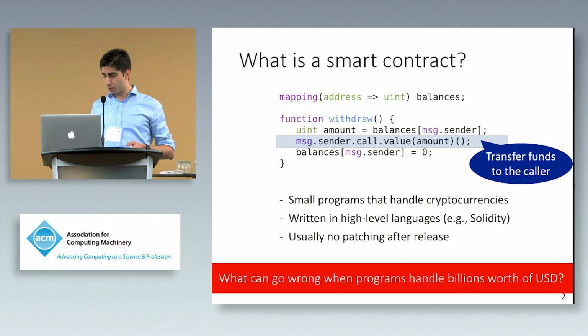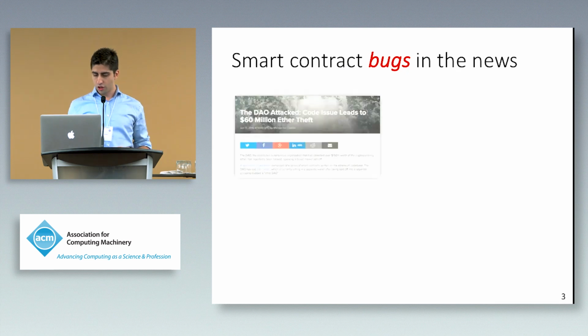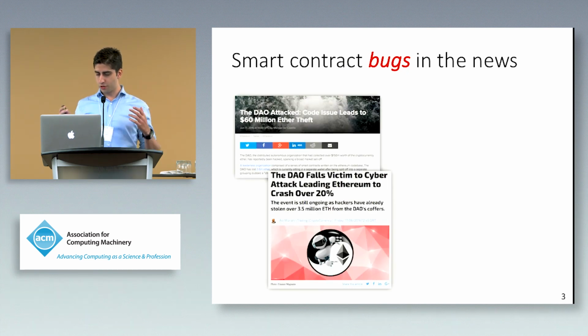So what can go wrong when programs start handling billions worth of USD? What happens is that every few weeks, there are news headlines that talk about bugs in smart contracts. The first major security bug in Ethereum was the DAO hack, which happened in 2016. This bug allowed an attacker to steal 60 million worth of Ether. And this was really the first time people realized that smart contract security is really important, and